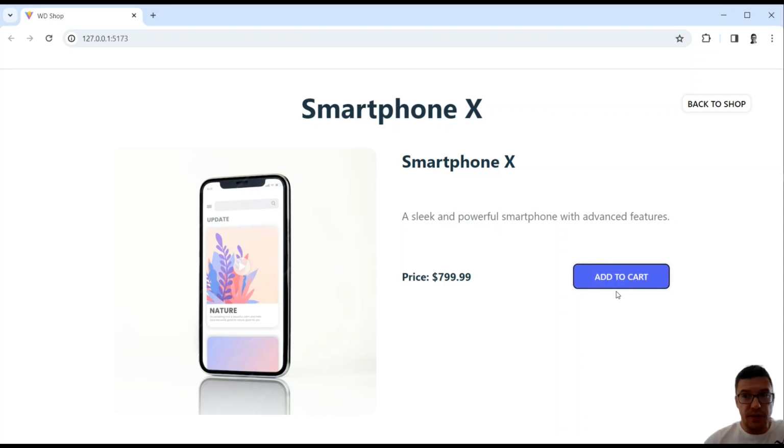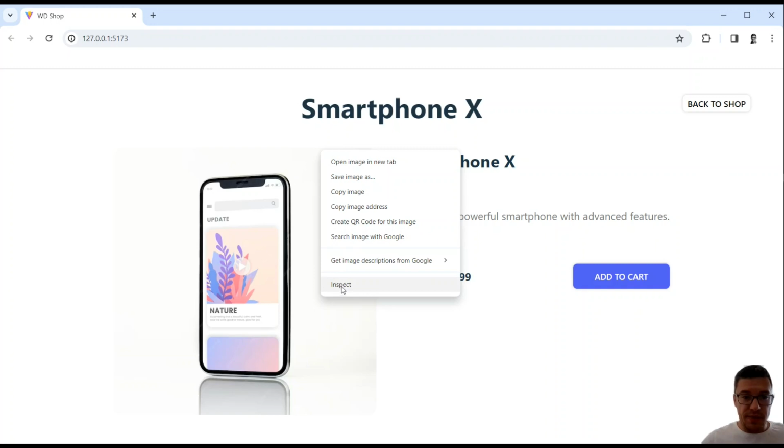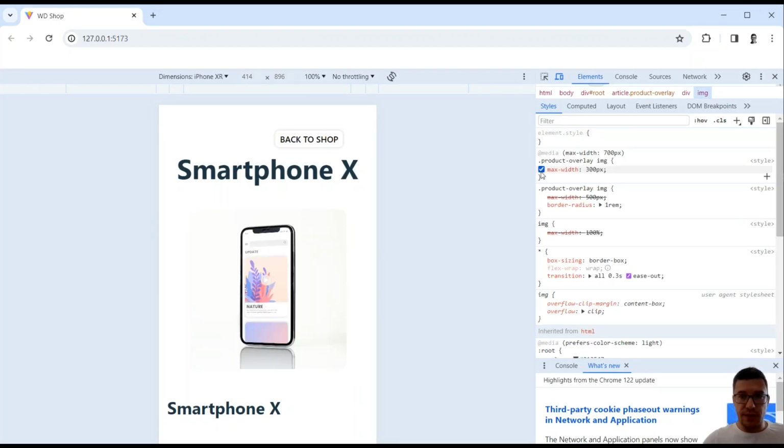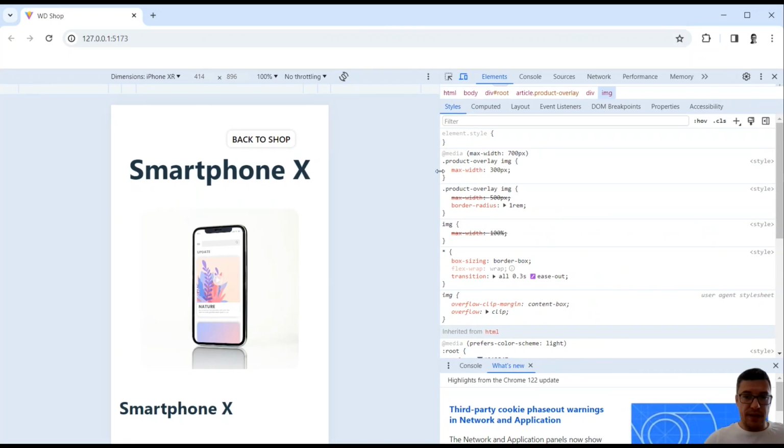Of course, this button is not working yet, neither is this. So that's something we need to address next. But before I do that, I would like to show you something. Let's make this a little bigger. And